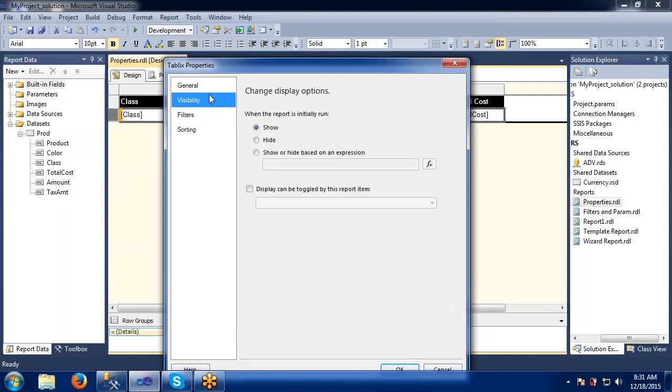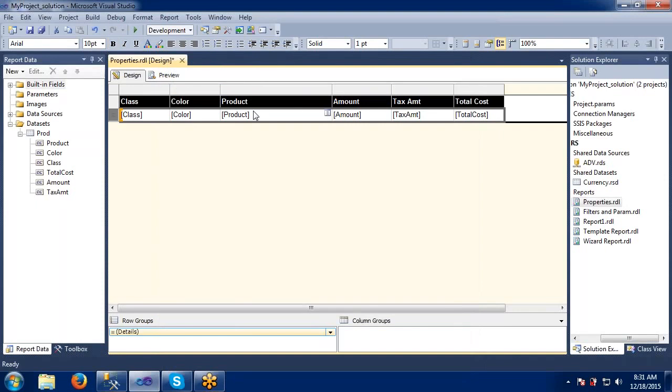In this tablix property, one important topic is the visibility option. See, when I said in the tablix property that this column should be hidden, the preview was somewhat awkward. The column is displaying, but the column records are not displaying, right? But in the tablix properties, we can handle it very properly.